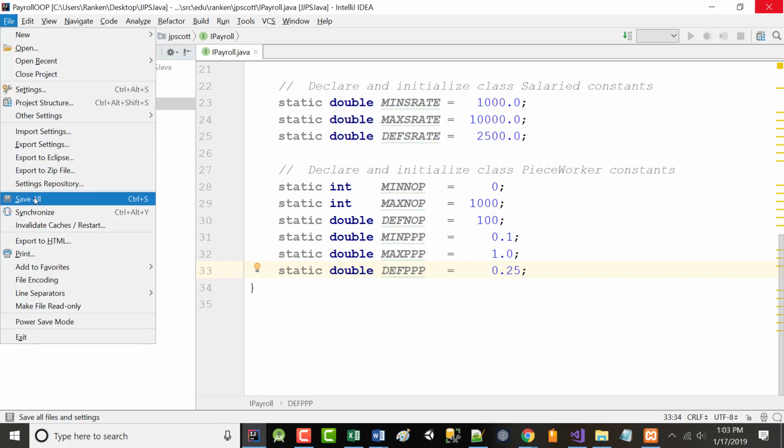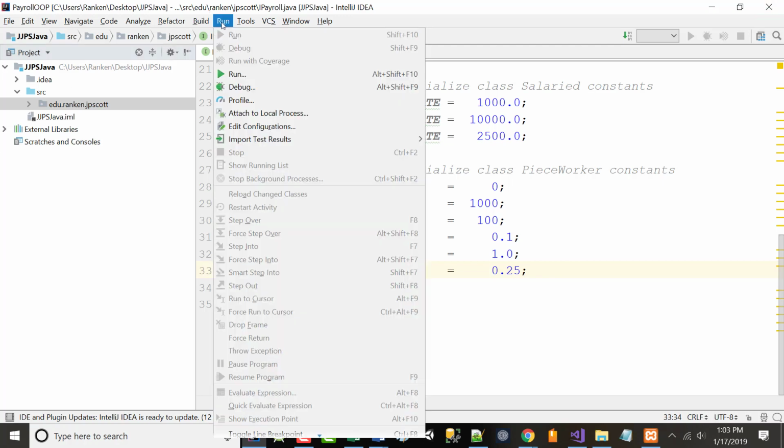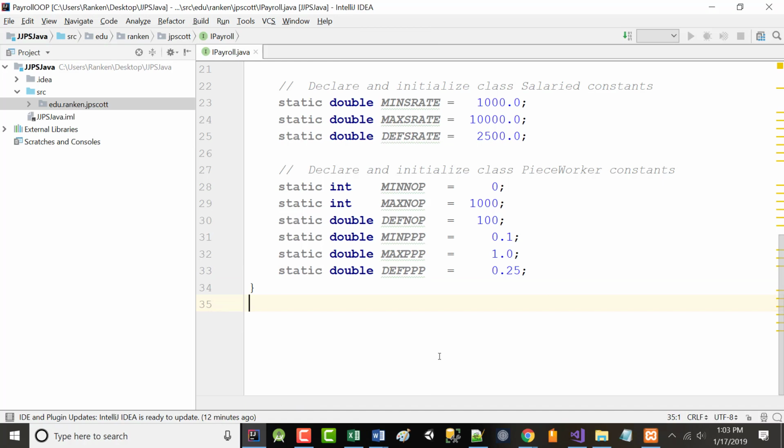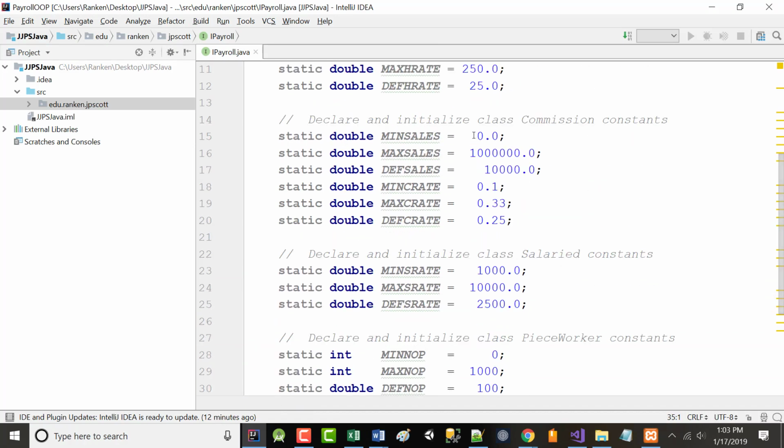Do a file save all. You cannot run this. Everybody hear me? It's not a dot. It's an interface file. It's not a class. So I don't know if you even tried to do run. You could try, but it's not going to make any sense to even try to run it. I don't know if what I just said makes sense to you or it doesn't.